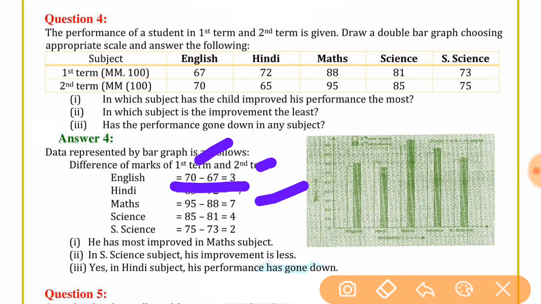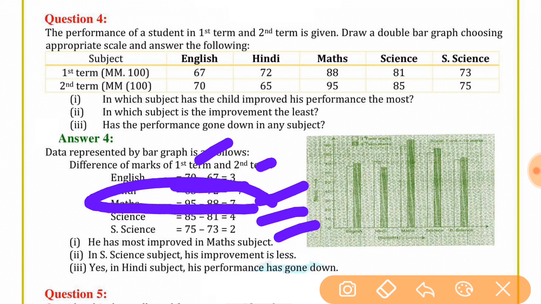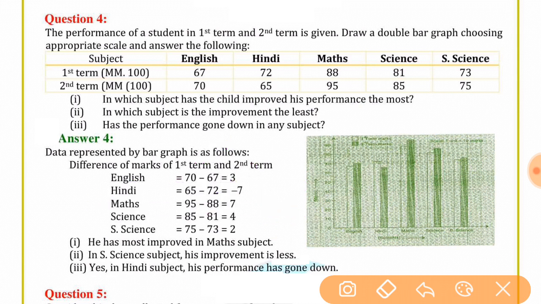Improved it is, compared to 3. 85 minus 81, 4 increased. 75 minus 73, 2 increased. Which is the highest increase? Is it not the maths? Okay, so this is how, only math. Not how much increase, if they are asked in each subject, so that's why we can find increments like this.